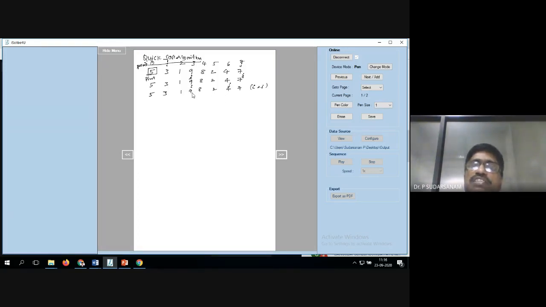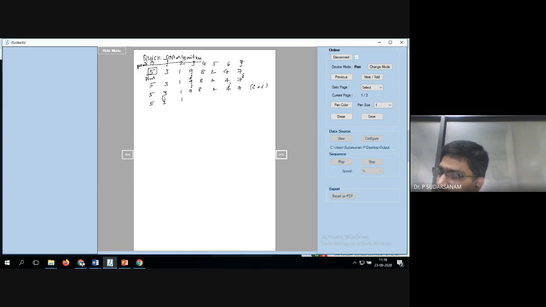Now what is the I location value? 9. J location value 4. 4 and 9 to be interchanged. After interchanging, what values will you get? 5, 3, 1. Next is 4 and 9 to be interchanged. Tell me the value at the third position.